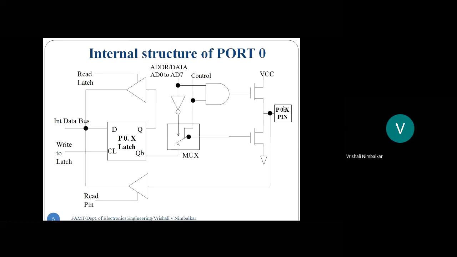Next, each pin is associated with a latch. So there is a D latch, and there will be 8 D latches, one latch for one pin. Next, each pin is associated with 2 tri-stated buffers. The triangles you can see are the 2 tri-stated buffers. They are also called drivers. When we saw the block diagram of the microcontroller, every pin is associated with a latch, an 8-bit latch, and a driver circuitry. Those triangles are the drivers. Fine, so that was the hardware part.